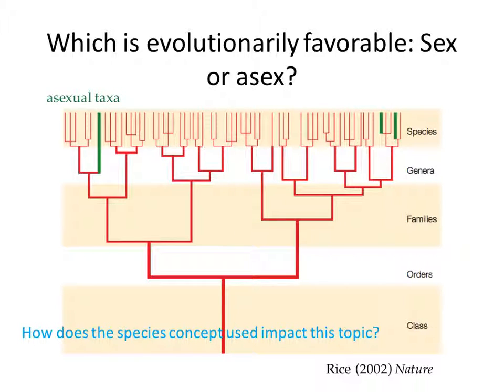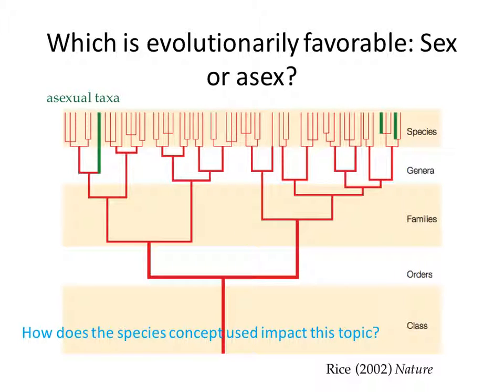So at the end of last class, I closed with this slide, which was just making the point, and this is a cartoon representing real data, a trend that exists in evolution and in biology in general: when we see asexual taxa show up on the tree of life, they tend not to produce multiple species. So asexuality evolves and then it goes extinct. Asexuality is never around long enough.